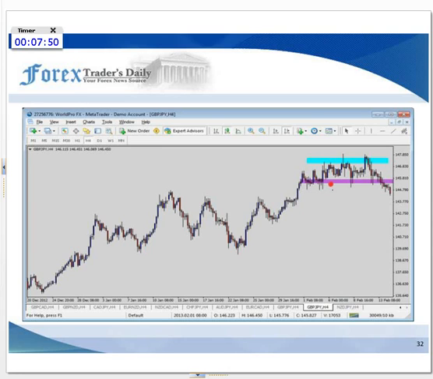So we follow it backwards. We can see support here, support here, support here. So an area of consistent support here on the 4-hour chart. And again, I go back to my analogy of the speed bump. Once it breaks underneath that speed bump, what do we expect it to do? Once it gets on the other side of the speed bump, just like when you're driving your car, you expect